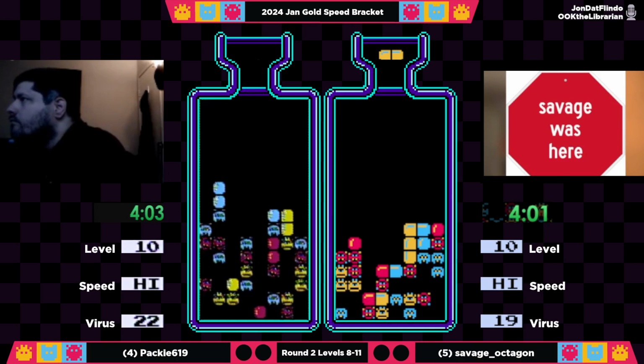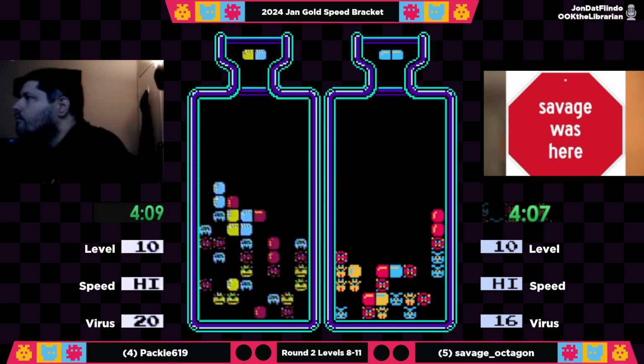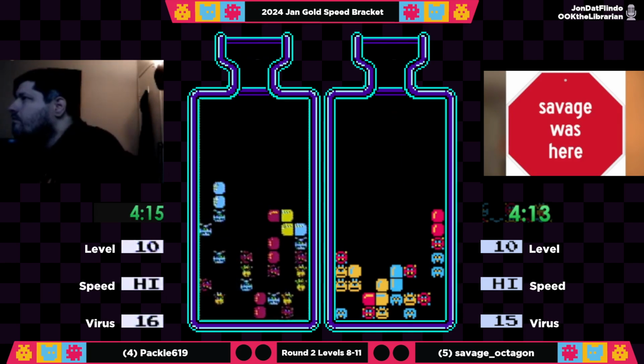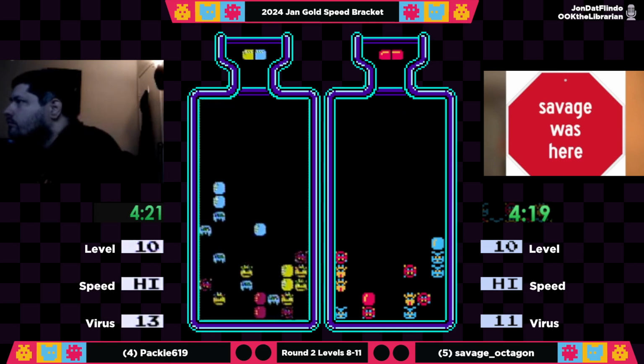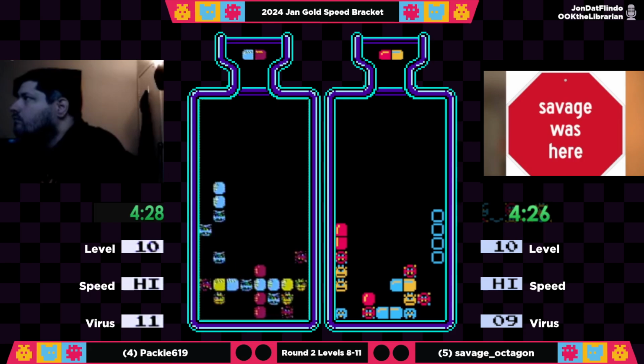The double yellow or double red just did not seem like it was coming, but 3 virus difference, now 2, back up to 3 between these two players. Yeah, both players doing a very good job. Packy taking some drop time, but gets into a dropped sweet tea. Very nice play there by Packy. 14 for now, 13 for Packy, 11 for Savage Octagon,